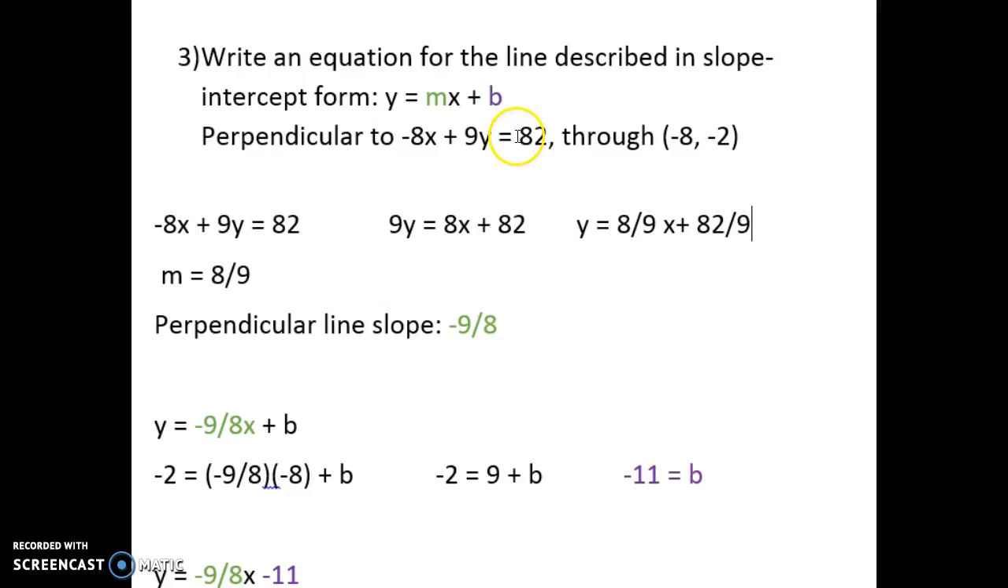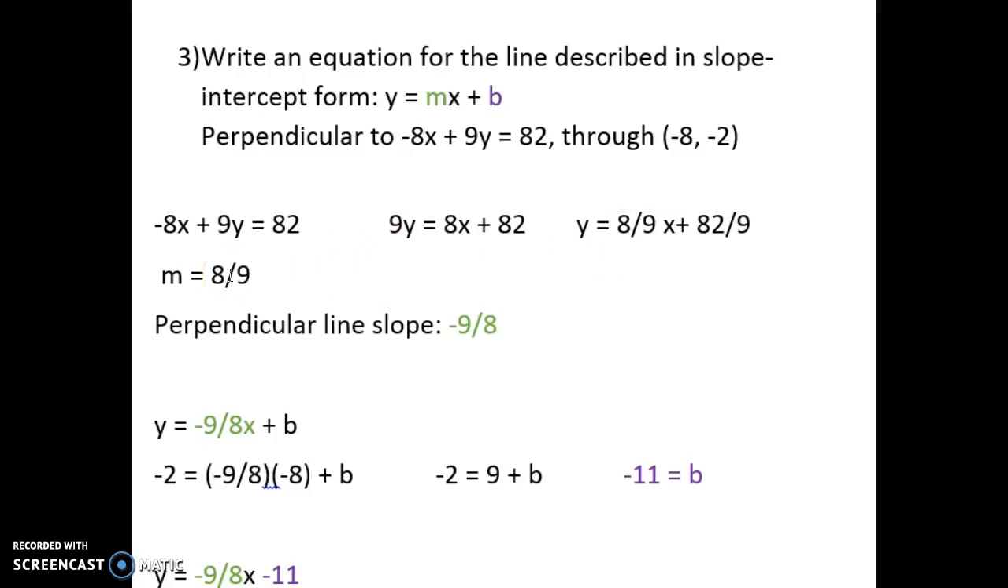So to get it in slope-intercept form, we need to make sure y is all by itself on the left side. So our first step needs to be to add 8x to both sides, and then divide both sides by 9. And the number right here in front of x is the slope of this line, so positive 8/9. Now a parallel line would also have a slope of 8/9, but a perpendicular line